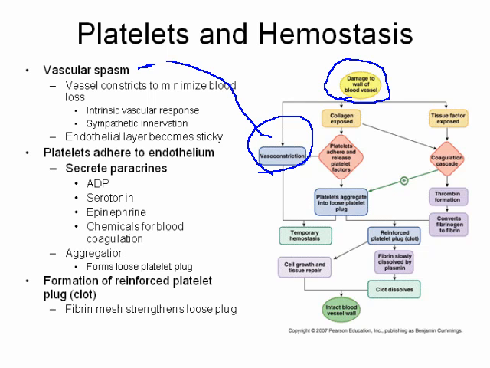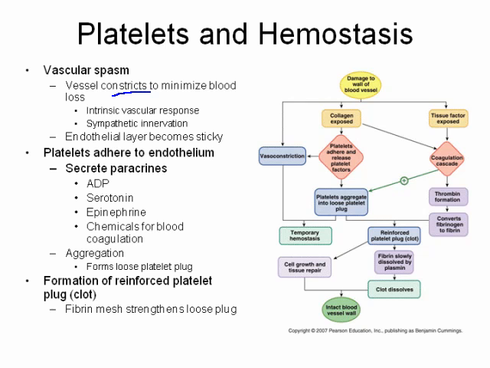What happens is that the blood vessel constricts, and of course this actually works very much the way a tourniquet does. It reduces blood flow through the blood vessel, which helps to diminish the amount of blood loss. This is an intrinsic vascular response, that the smooth muscle responds to the damage and causes this response, and it's also augmented by activation of the sympathetic nervous system. Of course, you recall that the sympathetic nervous system causes constriction of blood vessels, which is going to help augment this